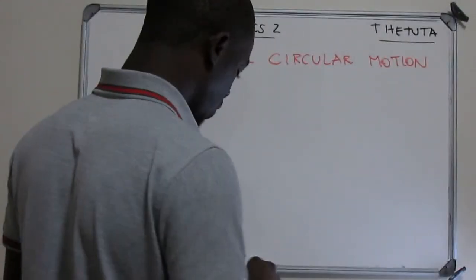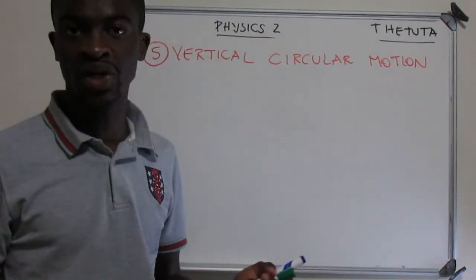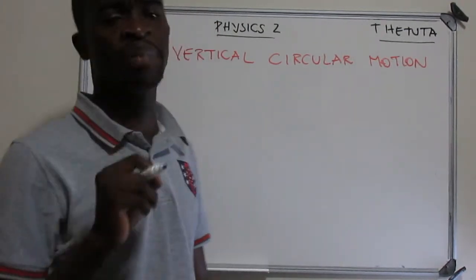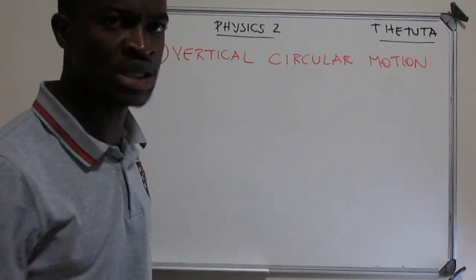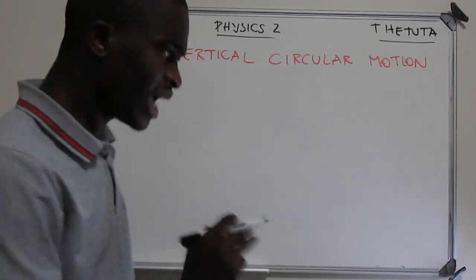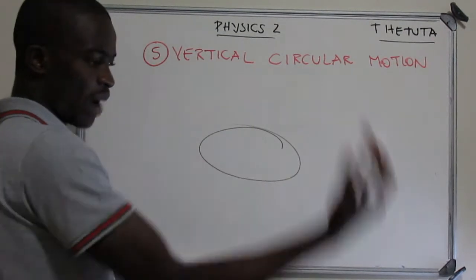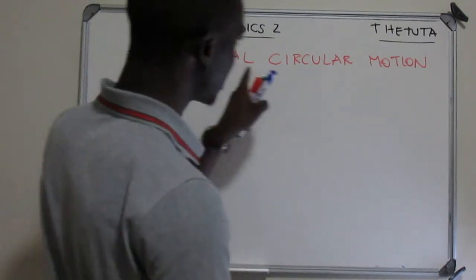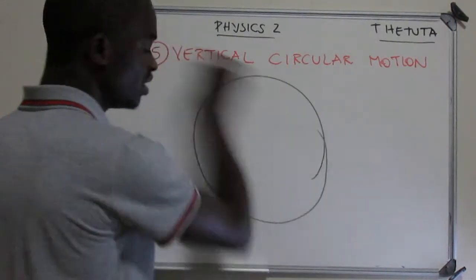So this is the formula we are going to apply. And then we're going to talk about the vertical circular motion. All the calculations we've been talking about all this time were in horizontal. So you should be able to pick up that information in the problem. When they talk about vertical, automatically you need to apply what I'm going to explain here. But everything else that is in horizontal, you solve it in horizontal and apply those methods. Now, there will be a case where you are given a vertical circular motion, so you have a circle which is vertical.